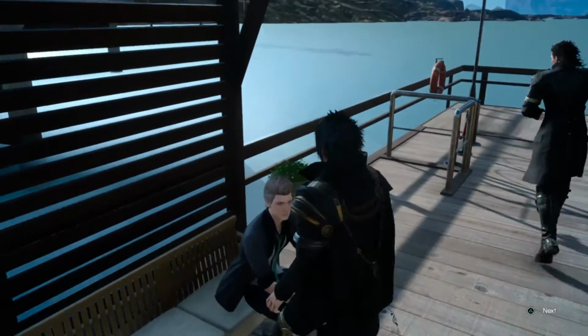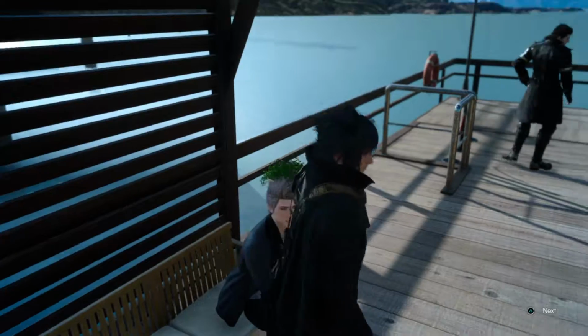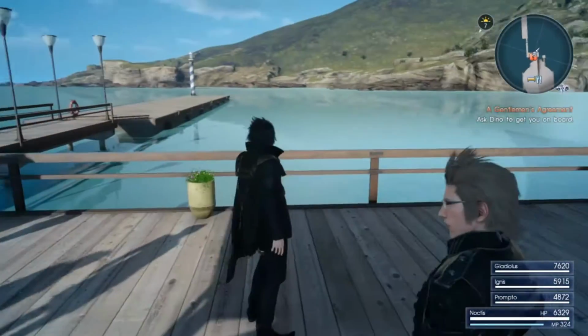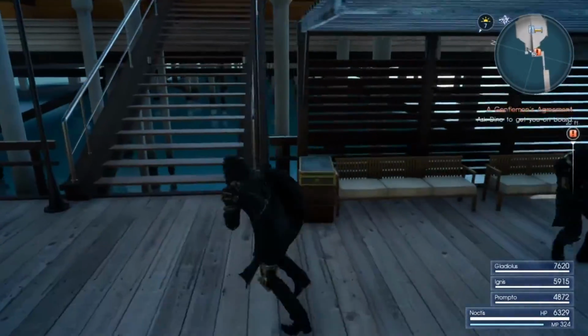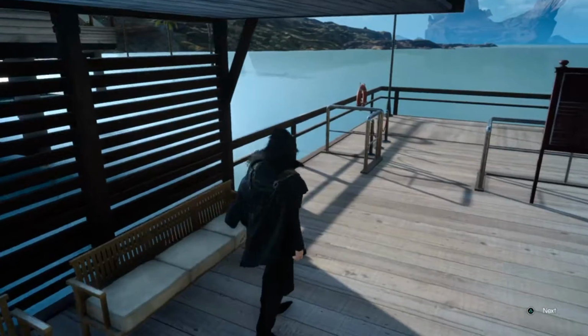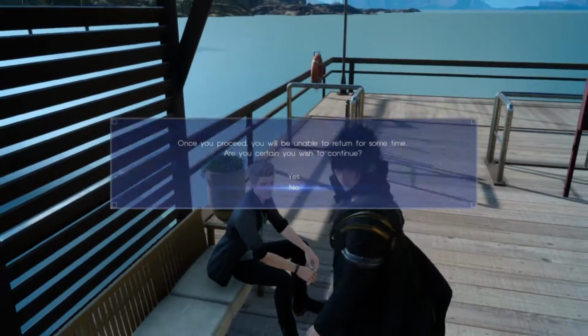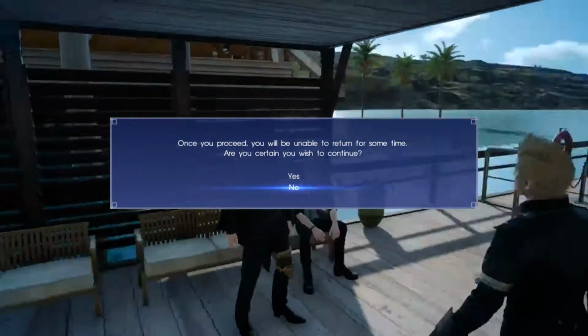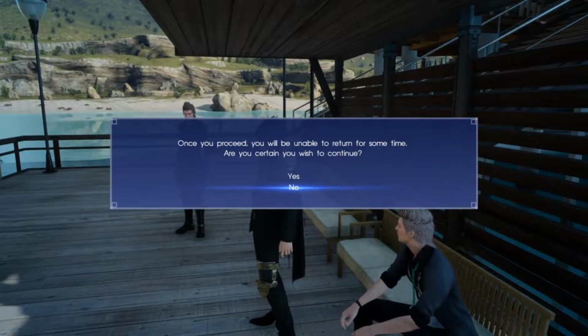As promised, I'm in the process of securing your ferry tickets right now. Should be smooth. I admit I didn't expect Dino to secure us a ship. Well, must be pretty connected if he can pull some strings around an Imperial embargo. You guys ready to set sail? Once you proceed, you will be unable to return for some time. So, if we do leave now,